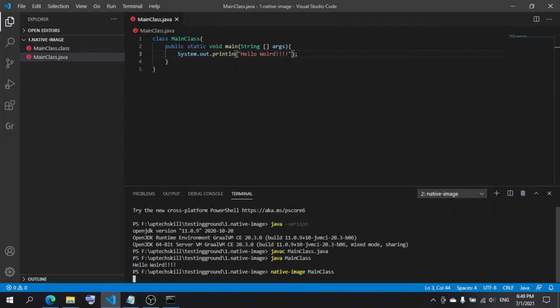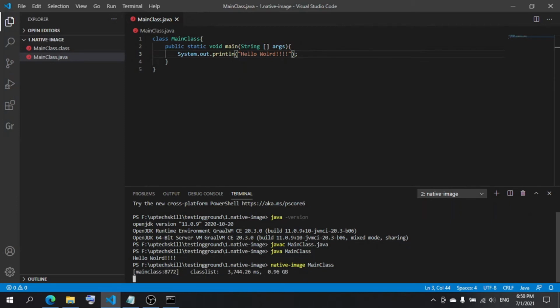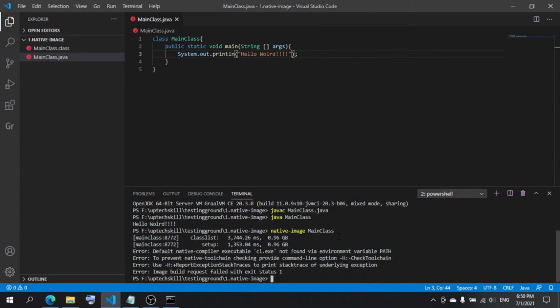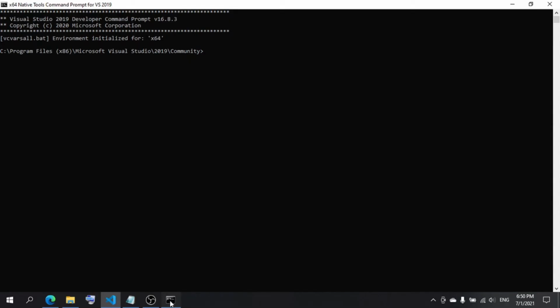you'll see that you'll get an error that you don't have the correct CL tool chain for running this native image. So for that, you need this command prompt here. What you can do here is go to the path.